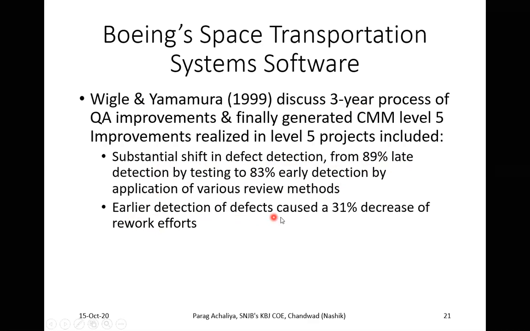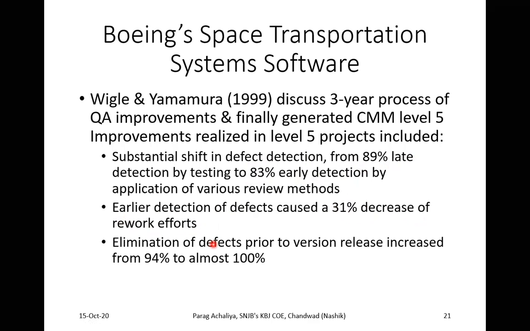Earlier detection of defects causes a 31% decrease of your rework effort. ये जो कुछ भी आपको डिफरेंस दिख रहा है इसकी वजह से क्या हो रहा था, 31% डिक्रीज ऑफ रिवर्क एफर्ट। रिवर्क जो भी करना पड़ता था उस रिवर्क के एफर्ट में 31% से क्या हो गया, डिक्रीज हो गया।